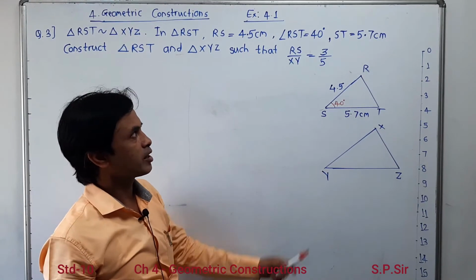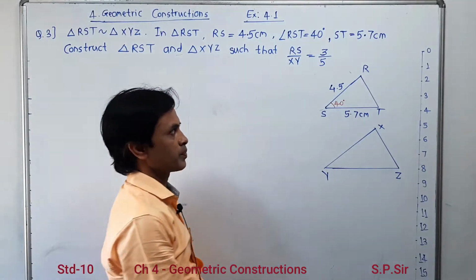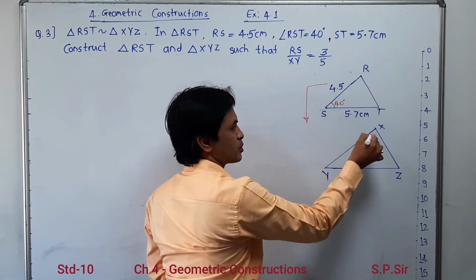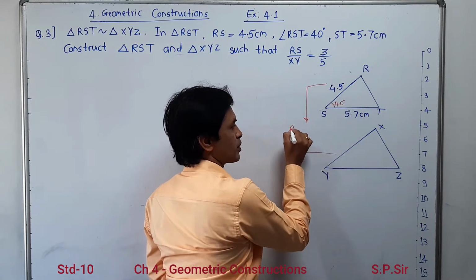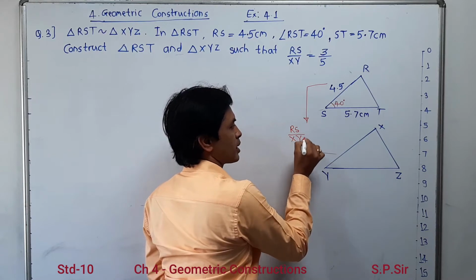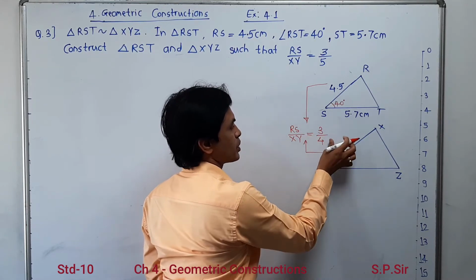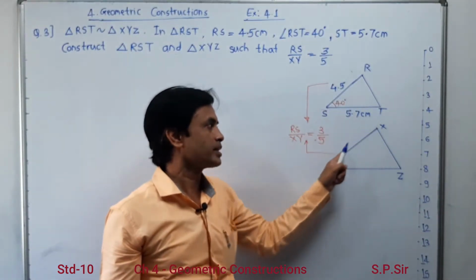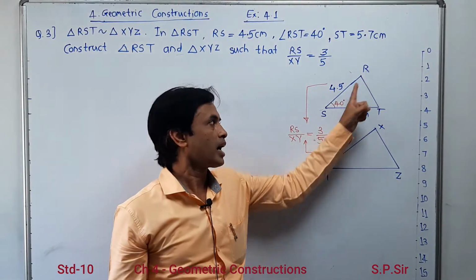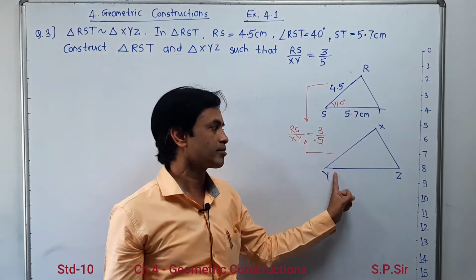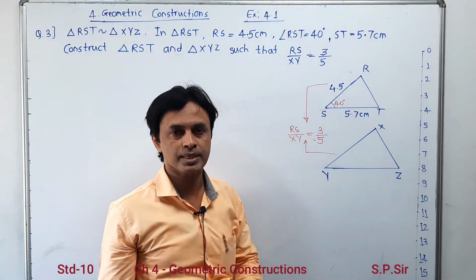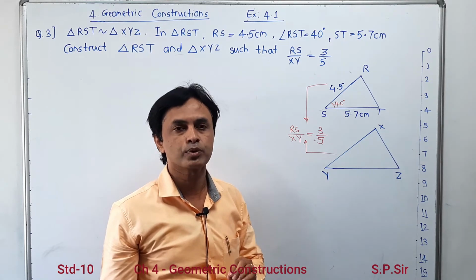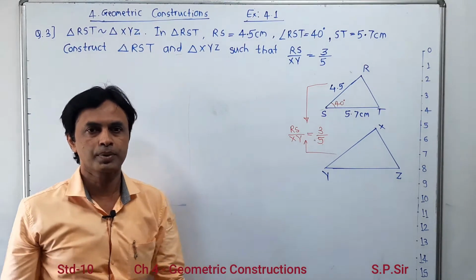And in this case they have given RS is to XY is 3 is to 5, so they have given a proportionate relation between RS and XY. You have to understand, if this side is 3 times, then this side is 5 times. But here RST are 3 points, XYZ are 3 points. These are separate points, naturally both the triangles are different. It means we have to do the calculation over here, so be ready for calculation.